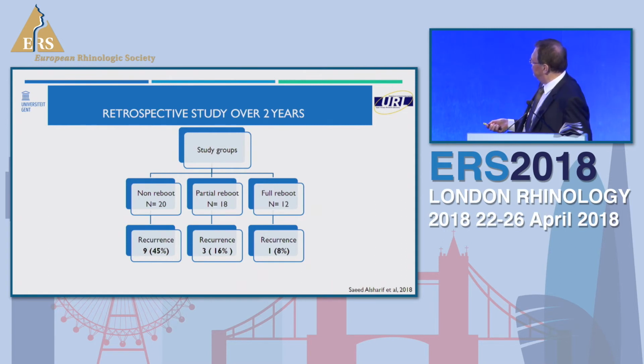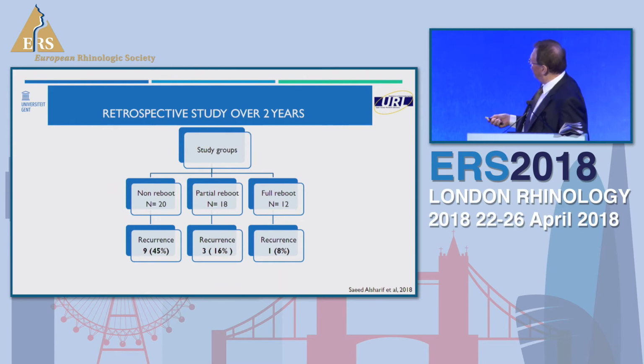And here you see it's a small study. We have to work on that, and we do a prospective study at the moment. And you see the recurrence in the so-called non-reboot patients was 45% in just 2 years later. What does recurrent mean? It means there is a clear polyp growth. It doesn't mean resurgery or something necessary. Still, you can handle that, of course, but it just means that there is polyp regrowth.